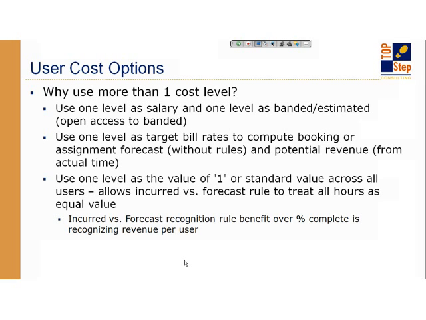But if you just make the cost be a value of 1, that means the expensive person and the less expensive person actually have the same cost, which means their hours contribute the same, which now turns it into a percent complete, hours-based, incurred versus forecast. Why wouldn't you just use percent complete as a revenue recognition rule? The only advantage the incurred versus forecast rule has is that it allows you to automatically divide up the revenue per